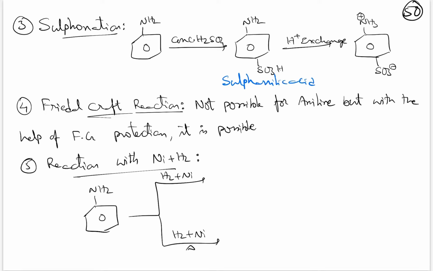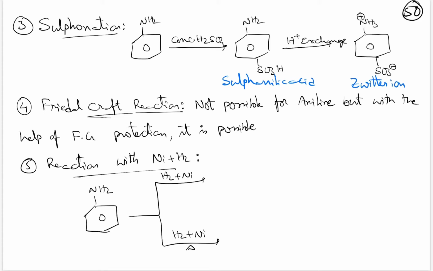But sulfanilic acid has a basic group and also an acidic group. So within the same compound, if acidic and basic groups are present, will they remain silent? No. The proton will be released by the acid and accepted by the base. That means a neutralization reaction will occur, resulting in the formation of a salt. The speciality of this salt is that within the single compound, both cation and anion are present. Such a compound is called a Zwitter ion.